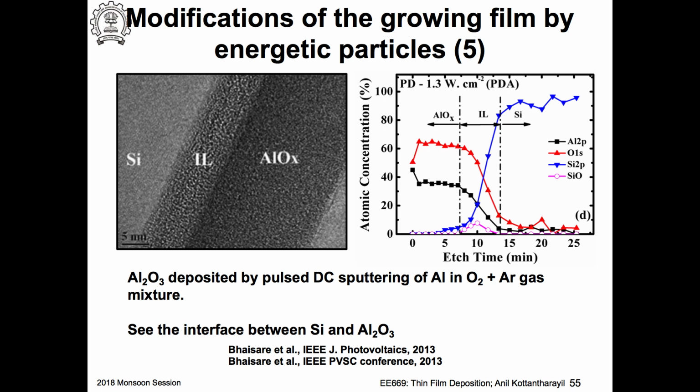So the process is done like this. You have an aluminum target, pure aluminum. And then you have a mixture of argon and oxygen. So aluminum is getting sputtered from the target, and then it gets transported towards the substrate for deposition, and on the way it gets oxidized, because you have oxygen in the plasma as well, right? So you have this layer, and now I can look at what it is by doing X-ray photon